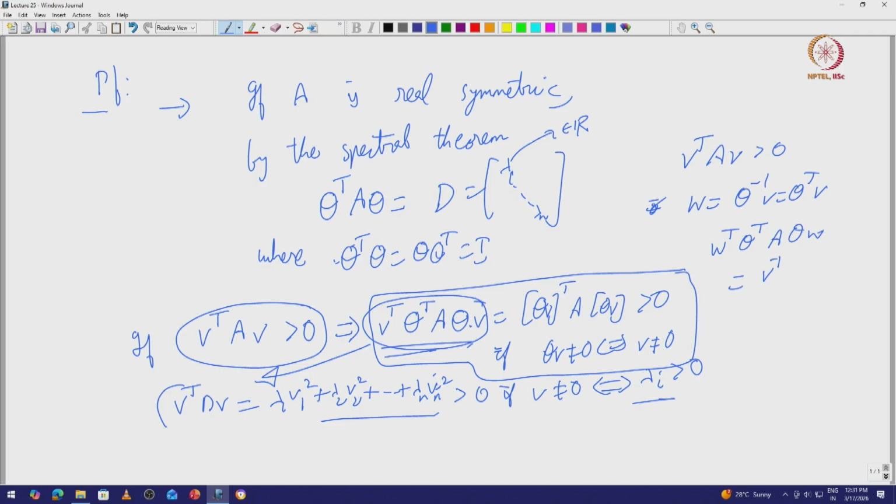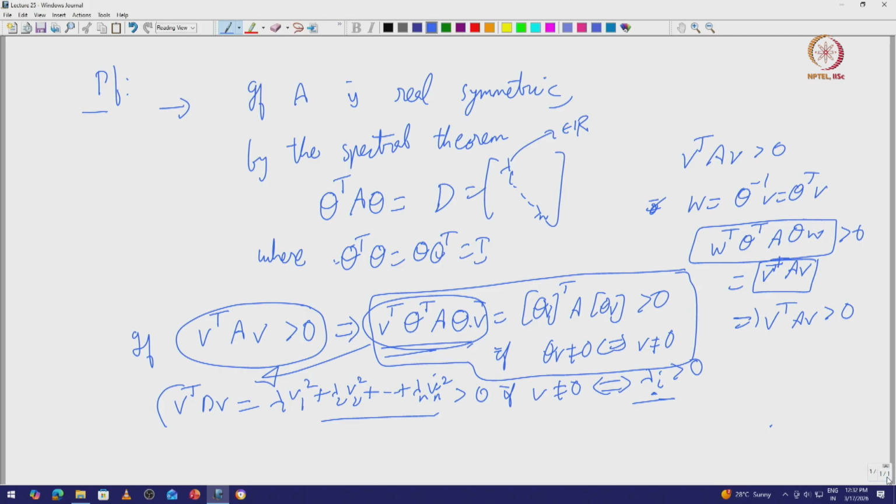It is simply V transpose AV, which means this is positive if and only if this is positive. So in other words, we have successfully proven that if all the eigenvalues are positive, then V transpose AV is positive for all non-zero V. And if they are in fact greater than or equal to 0, this is greater than or equal to 0 for all V. Okay? So that proves the first part